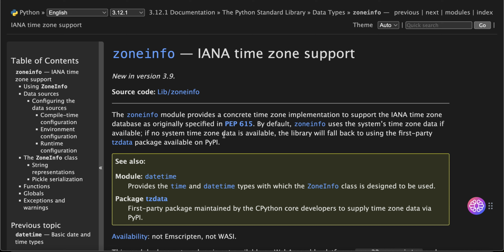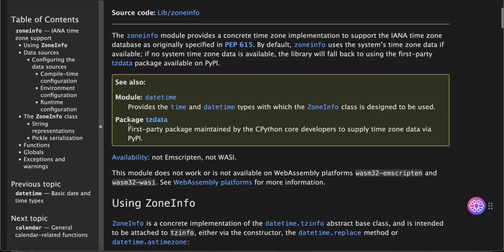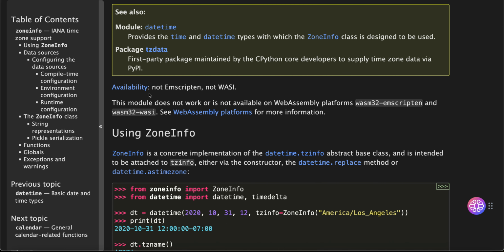If no system time zone data is available, the library will fall back to using the first party tzdata package available on PyPI. Module datetime provides the time and datetime types with which the ZoneInfo class is designed to use. Package tzdata: first party package maintained by the CPython core developers to supply time zone data via PyPI. Availability: not